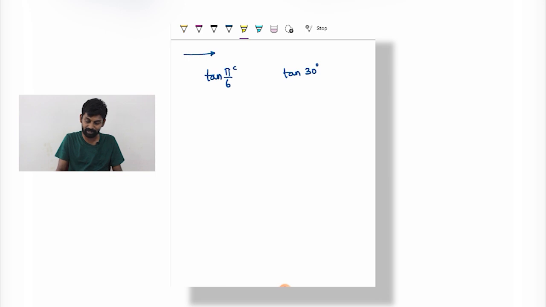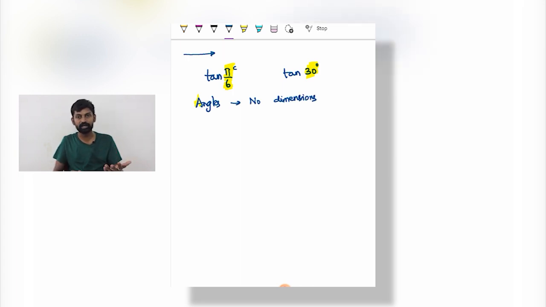That means inside the trigonometric ratios, the angles that you are substituting should not have any dimensions. So, inside the trigonometric ratios, either you can use radian or you can use degree as a unit, but not any other physical quantity with units. We cannot have any other units there. That is why they are placed separately also.